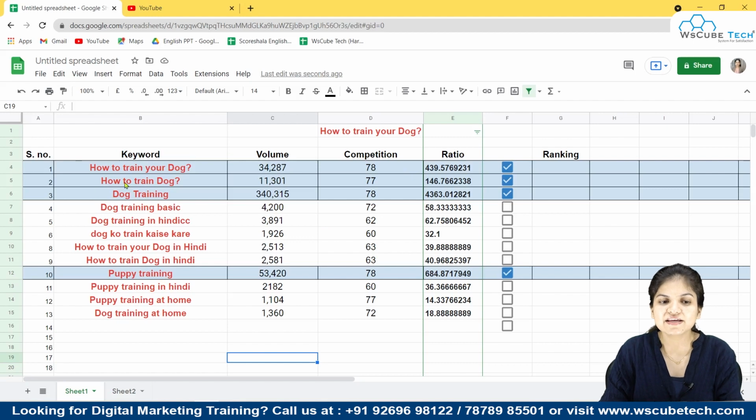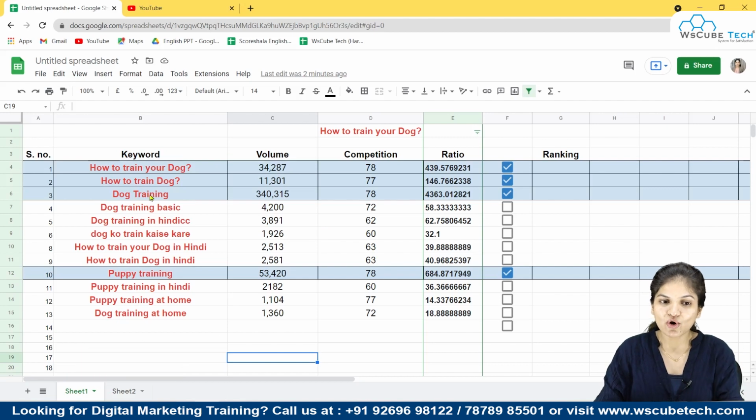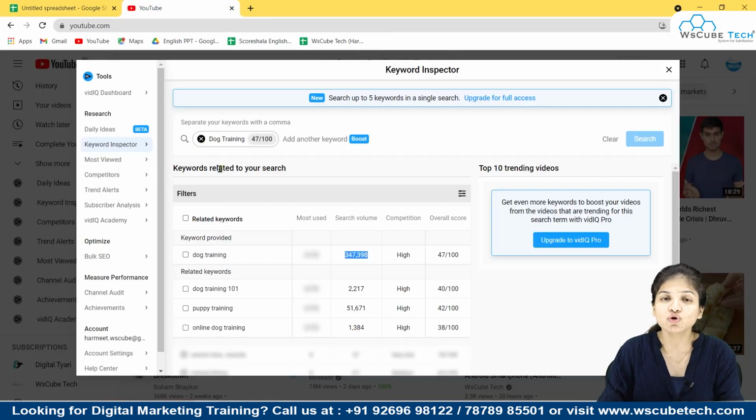Other than that, the other keywords I'm going to use in my description, and all of them I'm going to use in my tag box. I have ranked them also. These are my suggestions also. So if you are doing this keyword analysis for your client, then you can send them this sheet and ask which title or which keyword they want me to put. They can choose accordingly and you can find out which keyword you have to use in your title or your description.